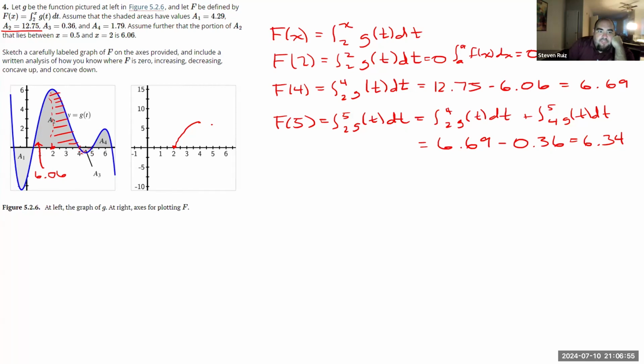At about x equals 4.5, that's when I reach a relative minimum for g. So that is where my function is going to be losing area most rapidly. So I think for the first half of the subinterval from 4 to 5, I'm going to be losing area at a more significant rate. And then it's going to change concavity halfway over that interval,